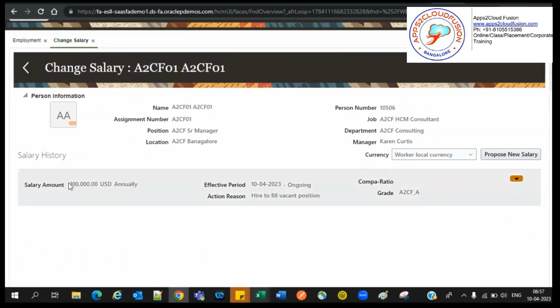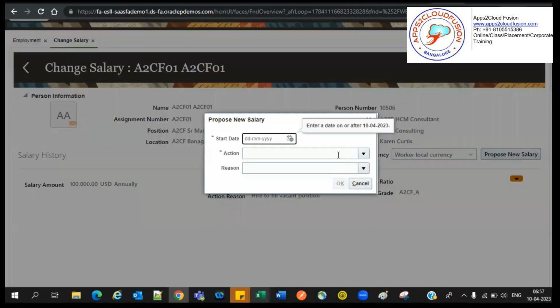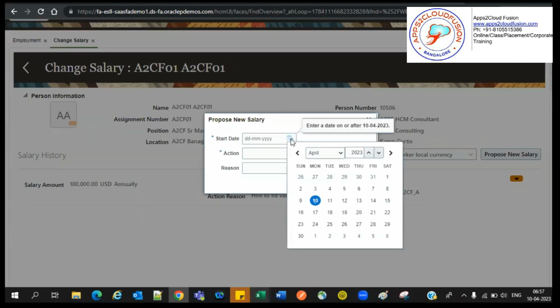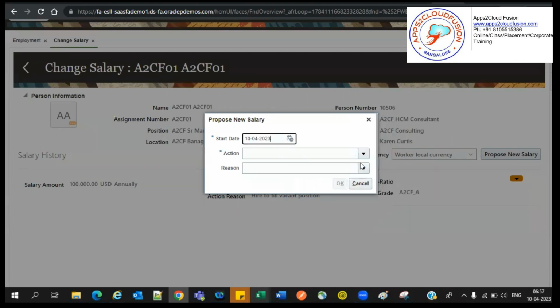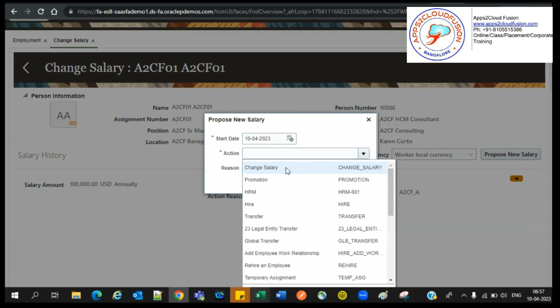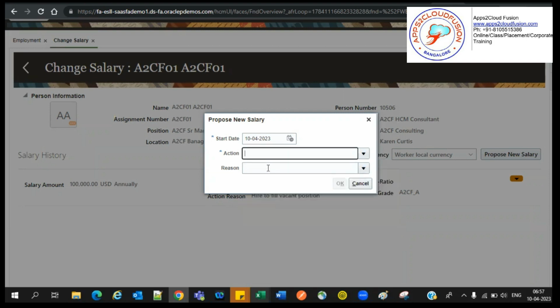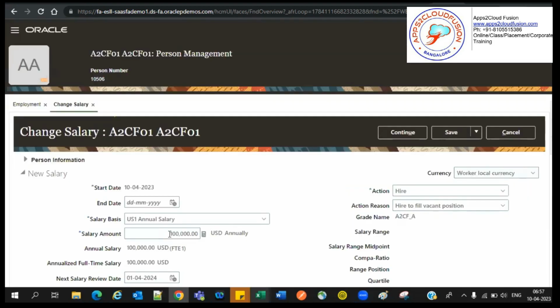See here, salary history, propose new salary. Yeah, today itself. On the day of hiring itself, hire date itself, we are proposing a new salary for it. Change salary, where is changing? Promotion? No. During hiring itself, we are changing salary. Reason, he is demanding, he has other offer. Okay, instead of